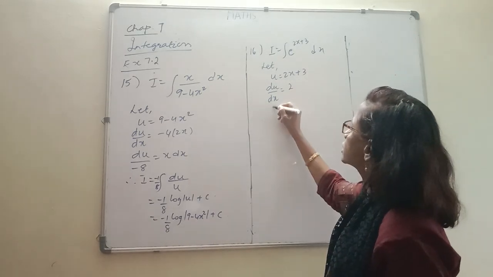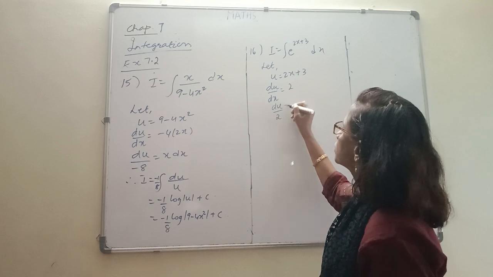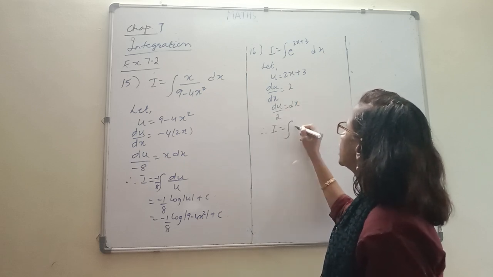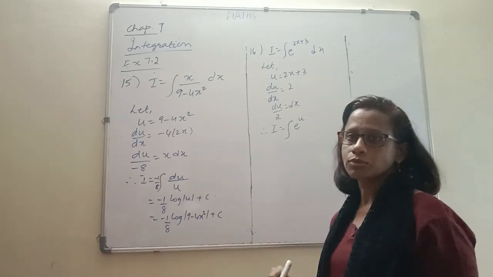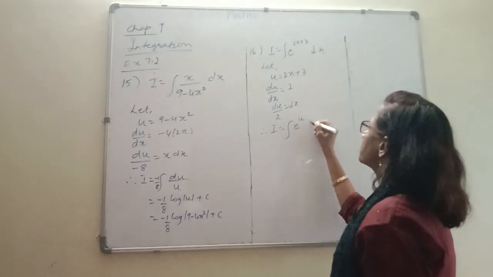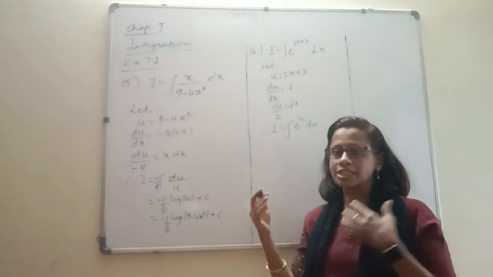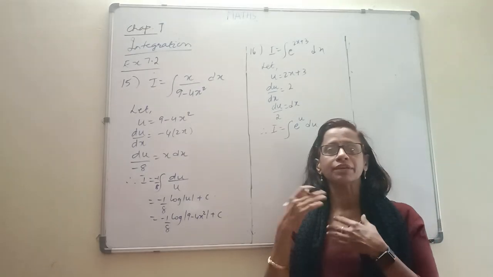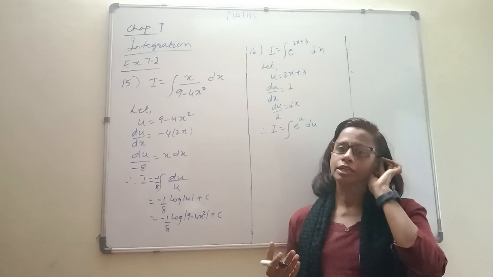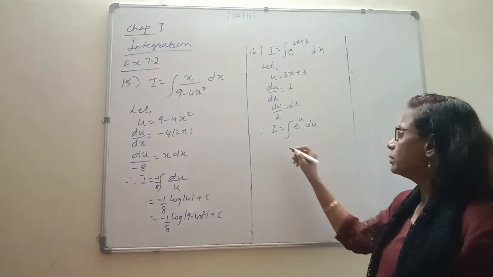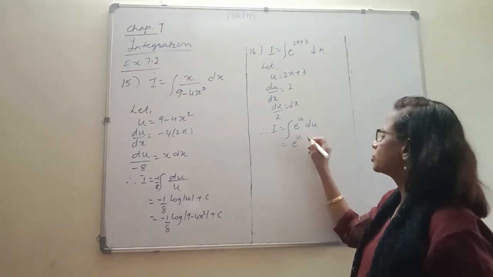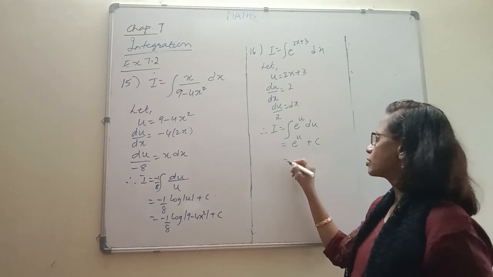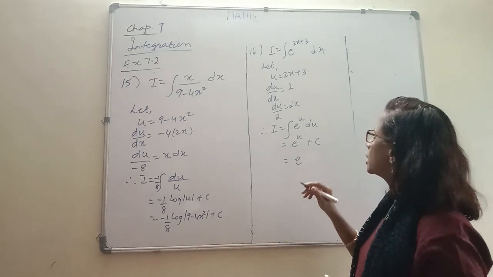Since we require a dx here, we can always write du over 2 as dx, and we can revert back to I. I can become e raised to u now, because 2x plus 3 is u, and dx we replace by du over 2. As I told you, we cannot have x and u together. So either we have everything in x or everything in u. So we are converting everything in terms of u. So you are having e raised to u du. Now, let's get the integral. E raised to u plus c, we know for e raised to x, it's e raised to x. That's it. So your integral is, no wait, we had